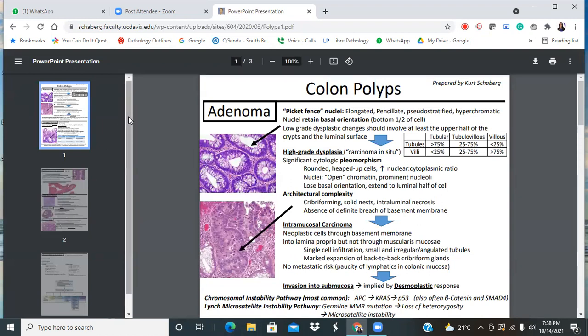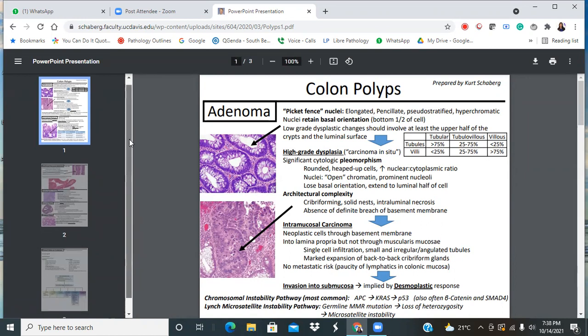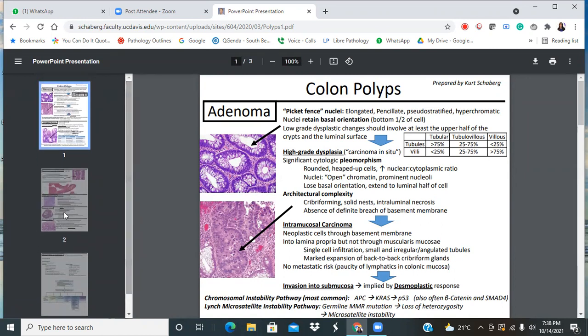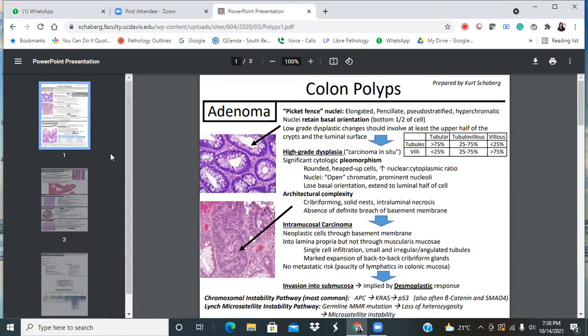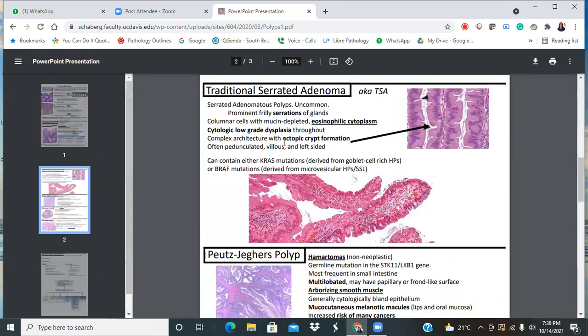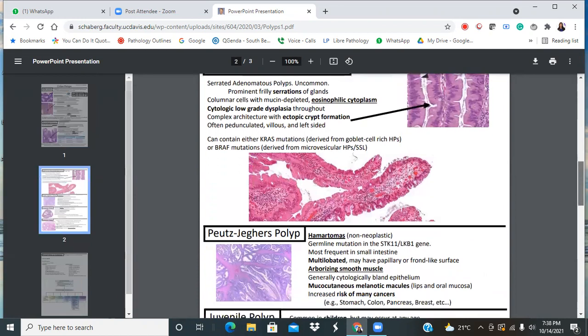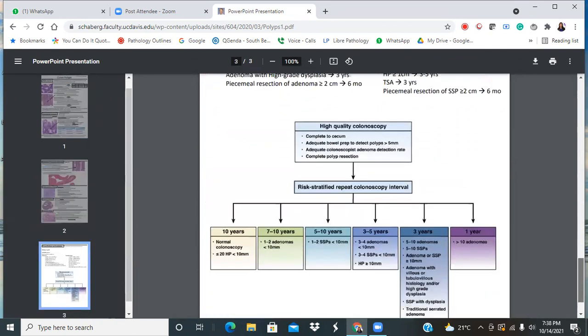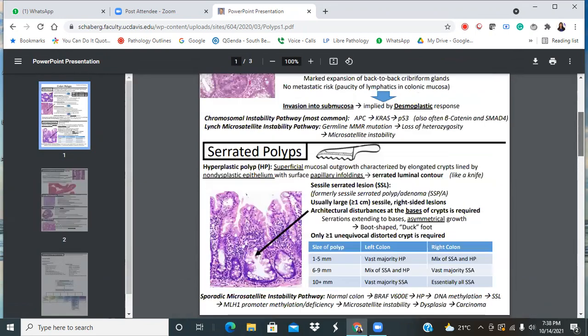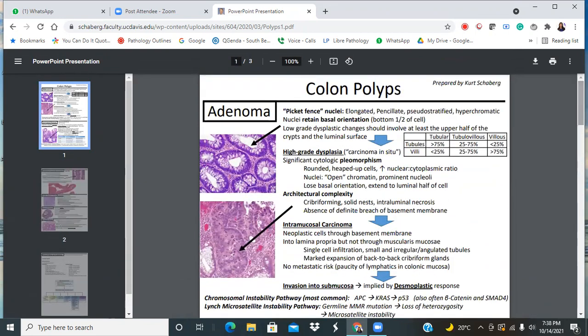They haven't covered, I should not say that, but Kurt hasn't covered the polyps as they should have been. He has discussed adenoma and traditional serrated adenoma, fused triggers, juvenile polyps. It's not bad, but I felt like polyps needed more than this. But let's read. I can read now.